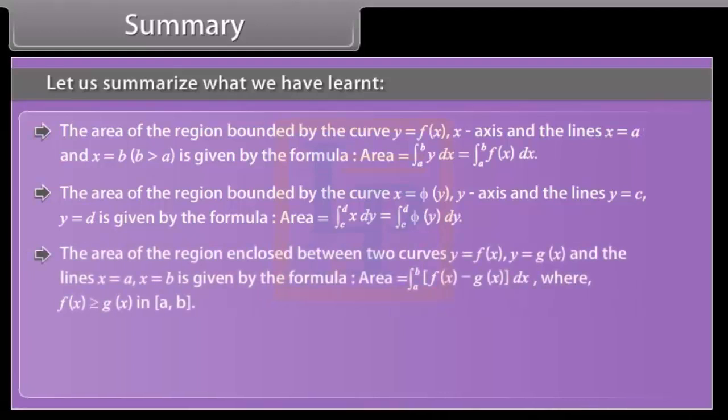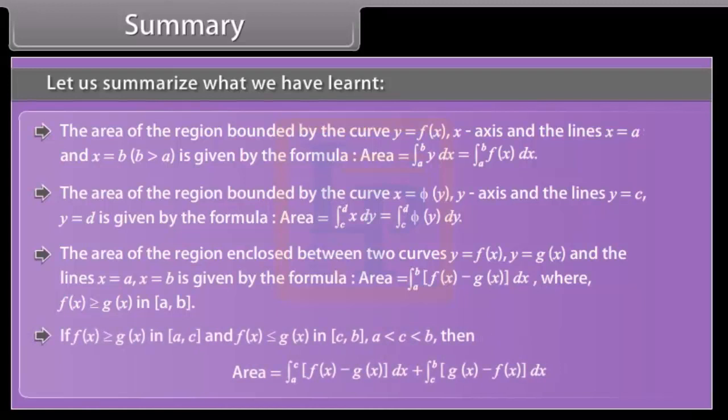The area of the region enclosed between two curves y is equal to f of x, y equals g of x, and the lines x is equal to a, x equals b is given by the formula below. If f of x is greater than or equal to g of x in [a, c], and f of x is less than or equal to g of x in [c, b], where a is less than c is less than b, then area can be formulated as